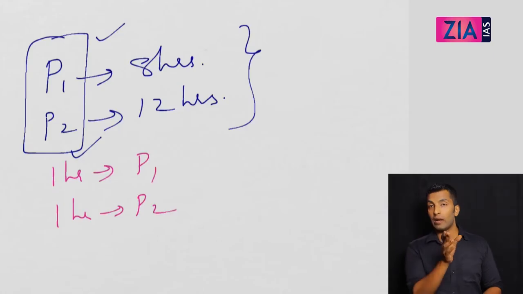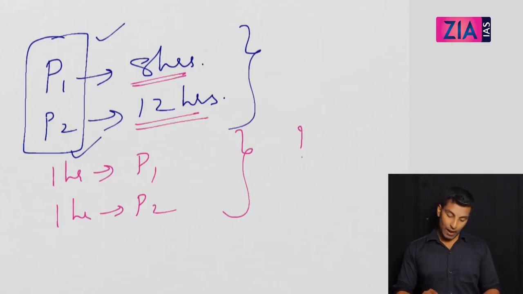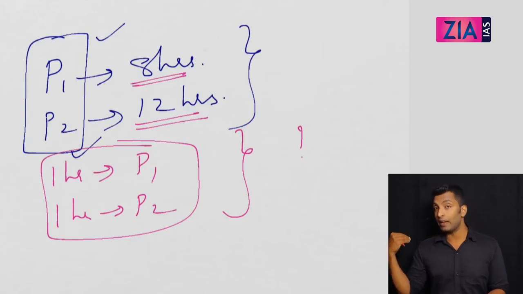So every odd number of hours, pipe 1, even number of hours, pipe 2. If I continue like this, how much time will it take to fill the tank? P1 can fill in 8 hours, P2 in 12 hours. But if I am doing it like this, first hour P1, second hour P2, now I can bring a P3